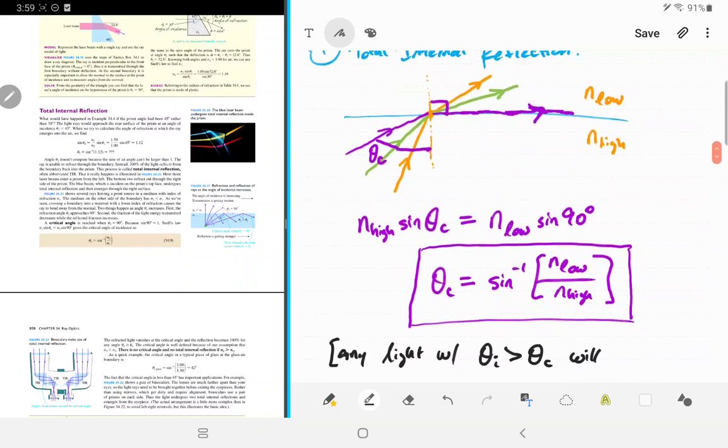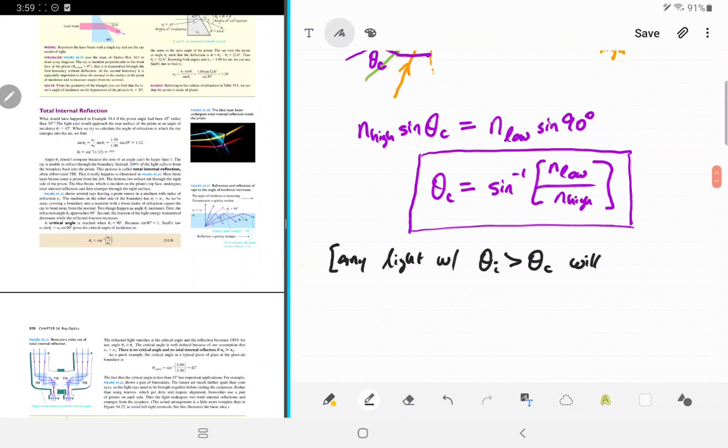So if you shine laser light, you can see this. As you get higher and higher angles right here, you can see the light escape. But then you start shining light this way, all of it is reflected. You can't see any light that gets through. So any light with an angle of incidence bigger than the critical angle will be, quote unquote, totally internally